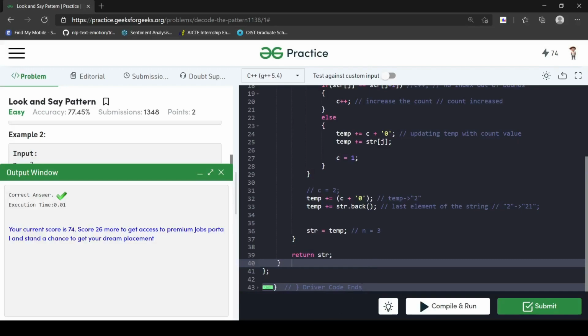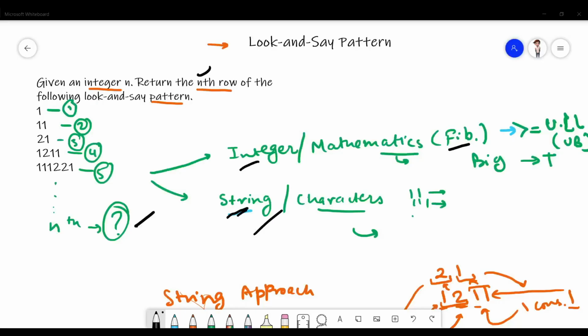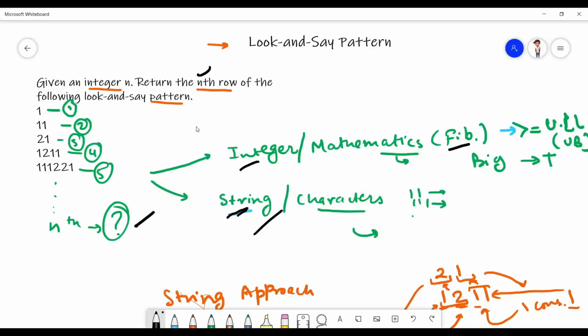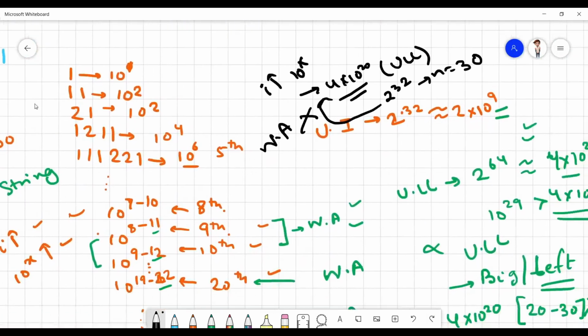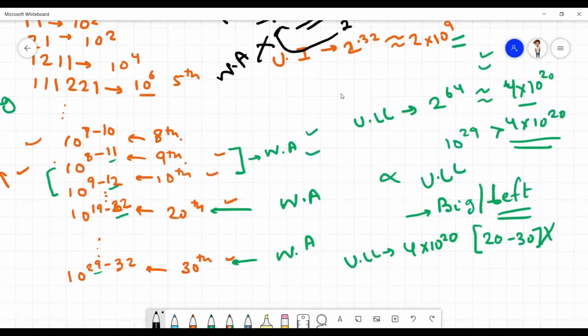So let me give a quick review of the question. This was the question given for the problem of the day for Friday, that we have an integer n and we have to find the nth row for the given question. So this was the first row, second row, similarly fifth row, and then we have to find some nth row. Okay, so we found it. It can be solved using two approaches: the integer approach and the string approach. So first we went to the integer approach, and what we found is that there is some limitation with the integer approach, that it was crossing the value over here,